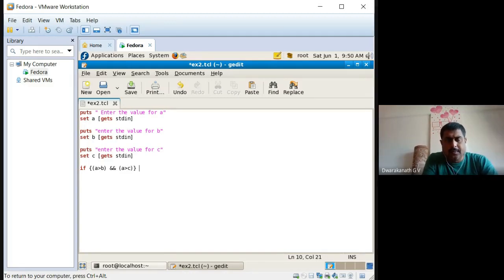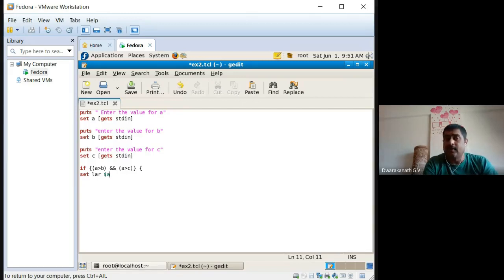Right. Now, again, open the if statement. There only you have to open. If it doesn't open there, it will give you an error. That you have to keep in your mind always. So I'm opening an if statement there only. If A is greater than B and A is greater than C, I will take one variable, set large or lar. I will take set lar. What is that? As dollar A. Now dollar A is important here.